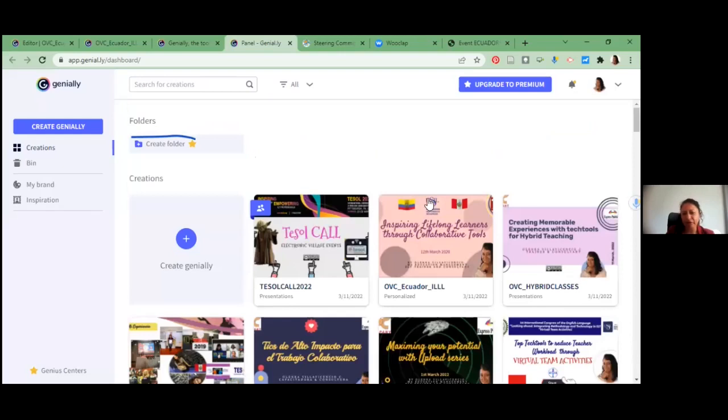Number one, I have a free account, okay? If you want to pay, you are going to see the plans, okay? Because it's not possible to create a folder with the free account, this is the reason I have all of them together. But no worries about that, because it's perfect for me. I don't recommend that you pay for anything, because all the tech tools that I use are free options.